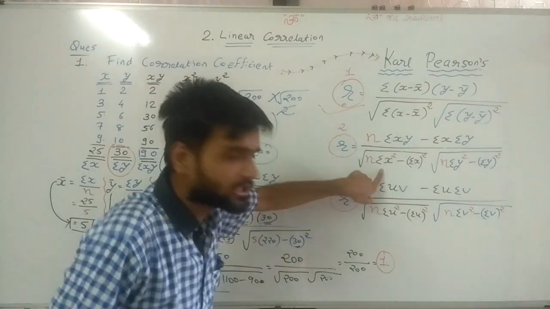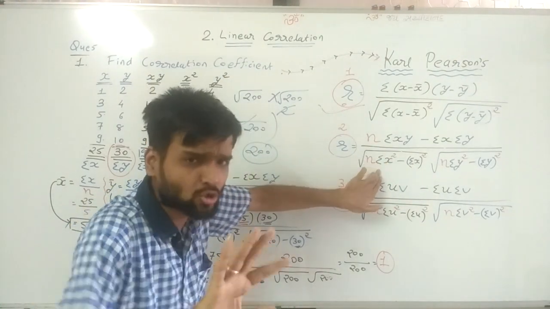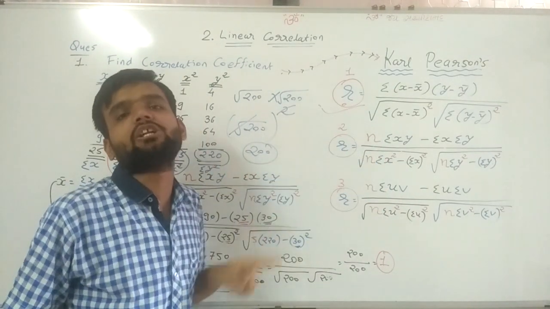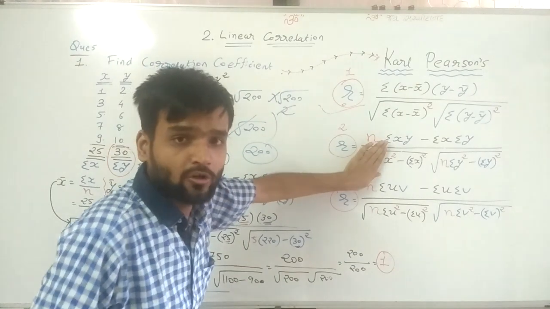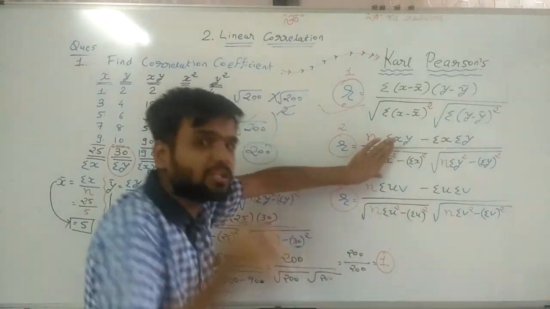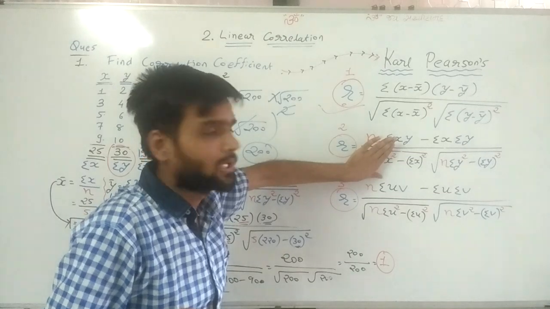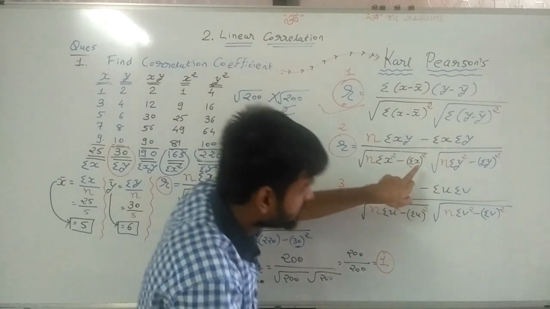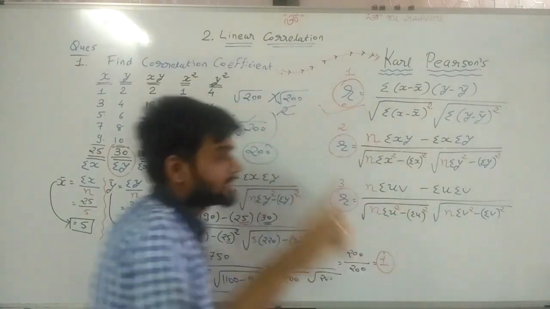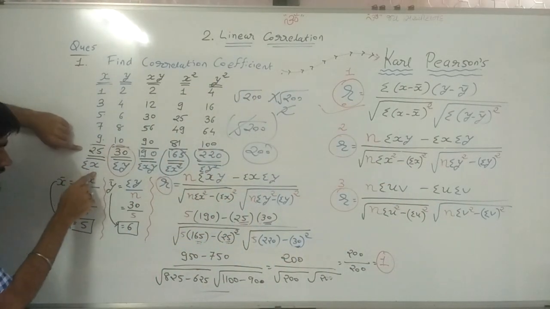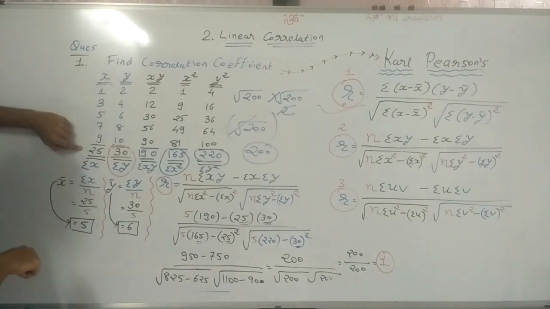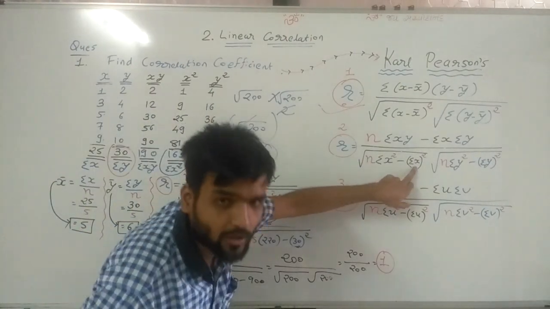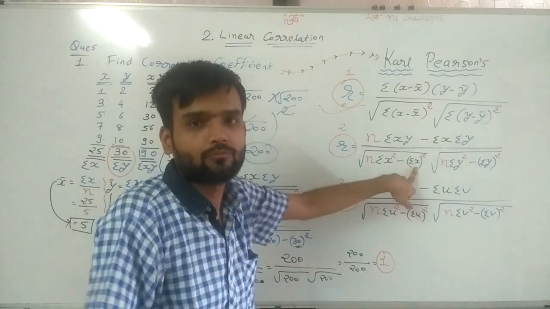Here what is the situation? Bracket is not given. X square is given and the total of x square we need to find. So sigma eliminate. First we have to find x square, then we make the total of that. But what is the situation here? First in bracket sigma x is given, so write the value of sigma x. The value of sigma x means this. Sigma x 25. So here sigma x 25 is written and the square of 25.